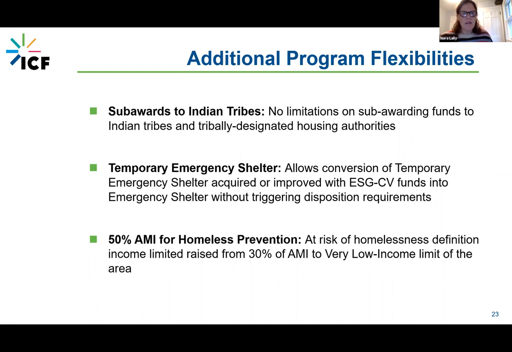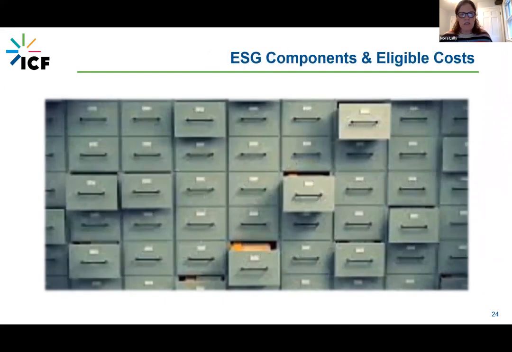And also HUD clarified the income standard for homelessness prevention and made it consistent across all the different elements of prevention. So consistently, the income standard for homelessness prevention is 50% of area median income. So that is a lot of new information, a lot of good flexibility for ESG-CV, or annual ESG-CV, to prevent, prepare, and respond to coronavirus. And Chris is going to give some more information about each of the eligible components.